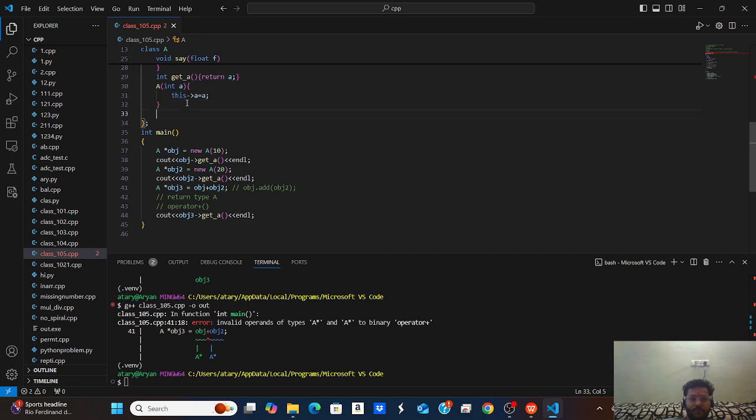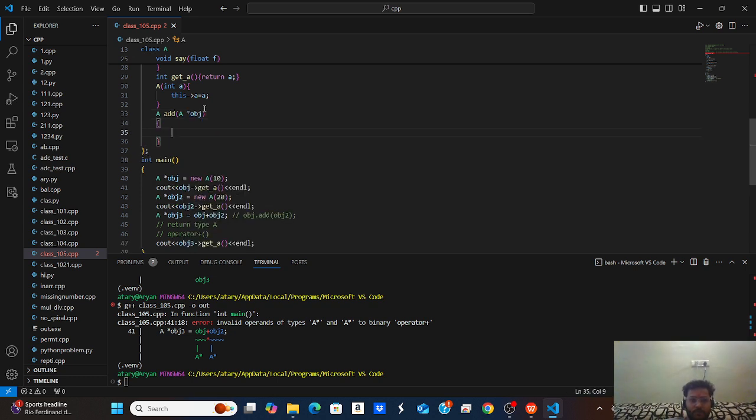So if I write some function like add, and here I pass the object, and return this A plus obj A, then